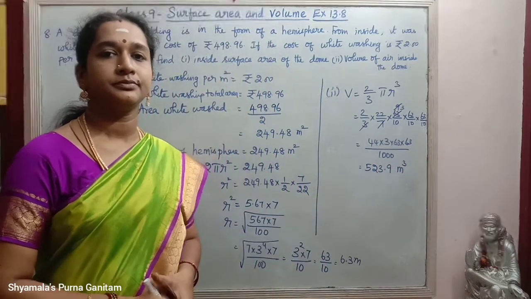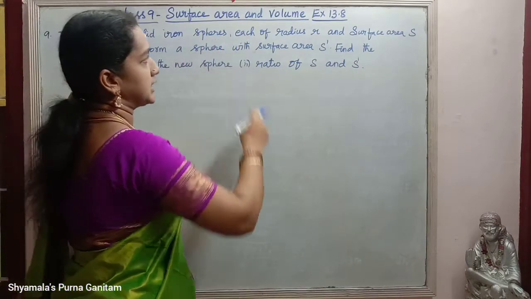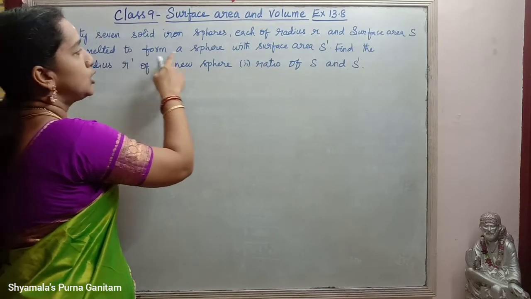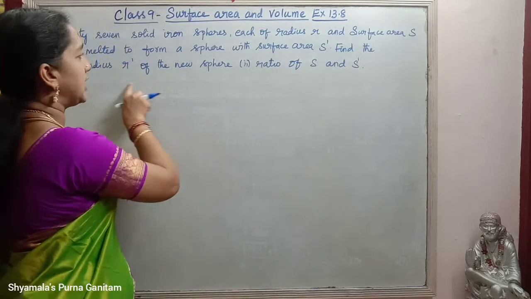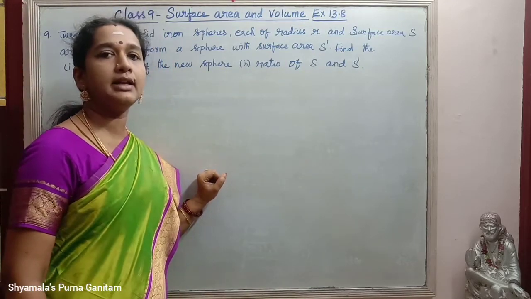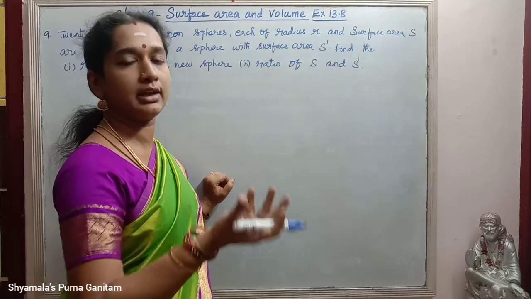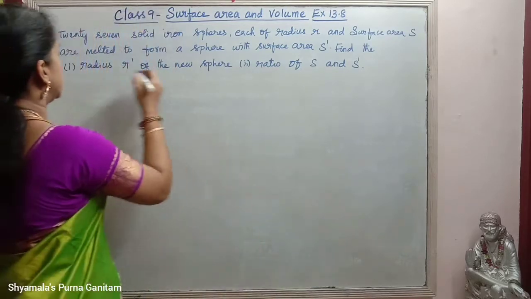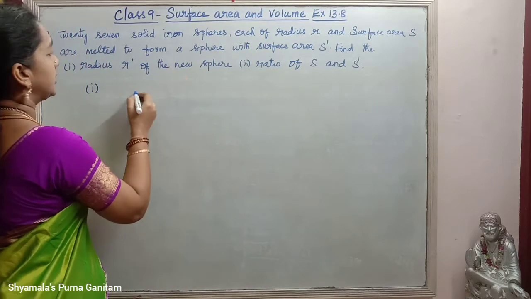Okay. Next sum is: 27 solid iron spheres, each of radius r and surface area s, are melted to form a sphere with surface area s dash. Find the radius of the new sphere and the ratio of s and s dash. So when we melt and recast into another shape, the volume will be the same. So for finding the radius of the new sphere, we will take